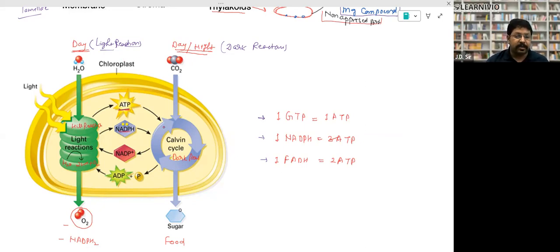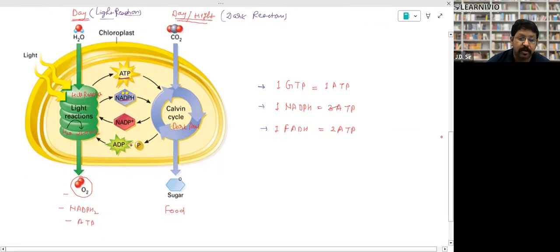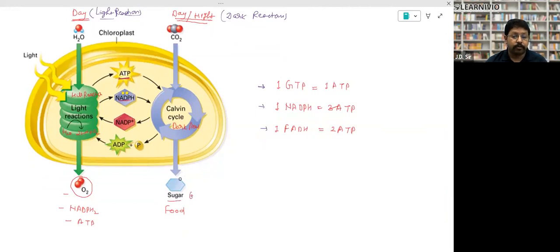What happens in the dark reaction? Fixation of carbon dioxide takes place. The Calvin cycle goes on. Due to the Calvin cycle, NADP plus and ADP are formed, meaning the NADPH and ATP are utilized. And again, this NADP is converted into NADPH, and this ADP is converted to ATP, right? And due to the Calvin cycle, formation of sugar or food takes place, meaning formation of glucose takes place due to this dark reaction. Due to the light reaction, formation of O2 takes place, formation of NADPH, and formation of